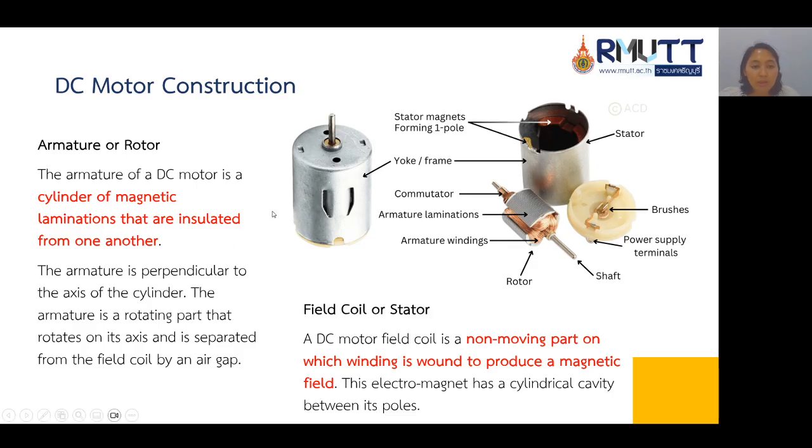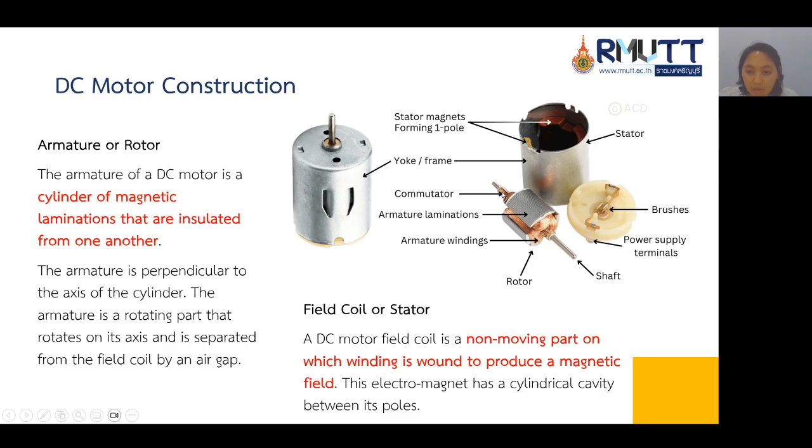This is the DC motor construction. This is the yoke or frame. This is the cover. The name is yoke, or this is also the stator. Inside this yoke or frame, there is a stator magnet forming one pole in this picture.